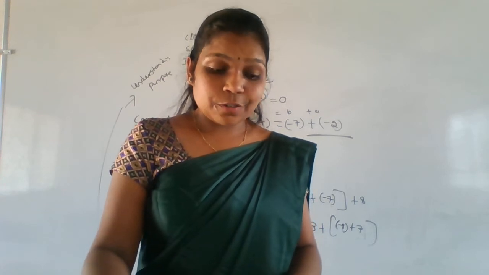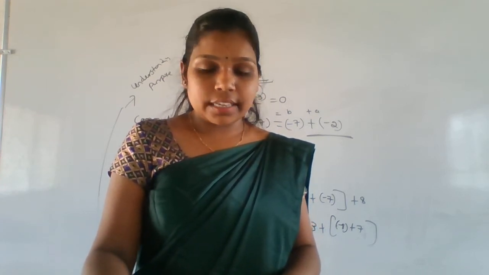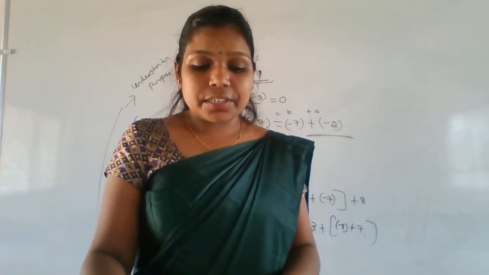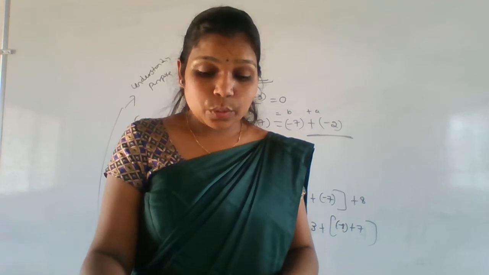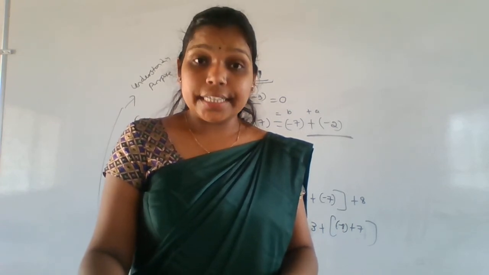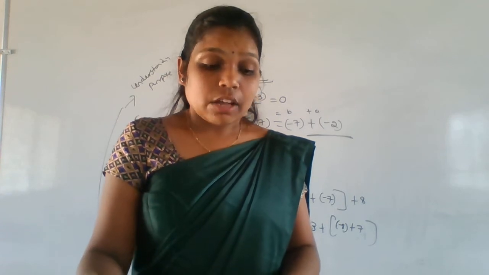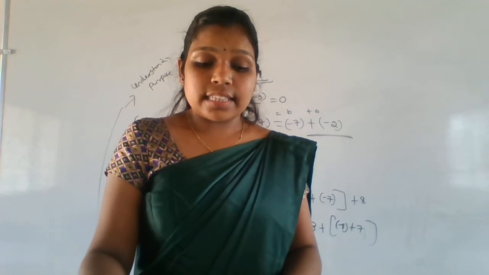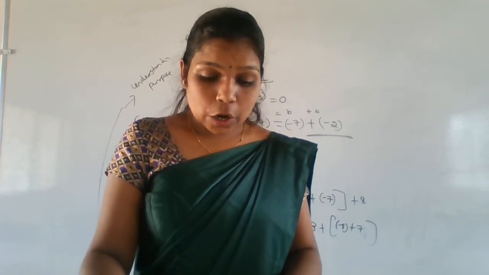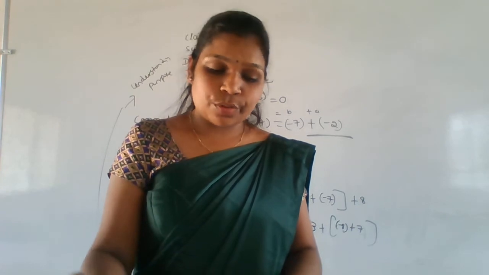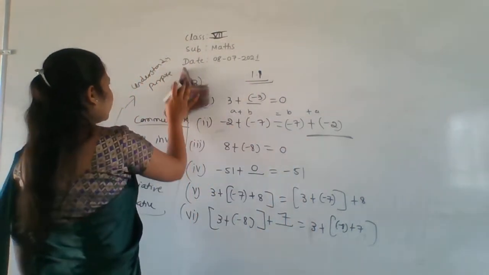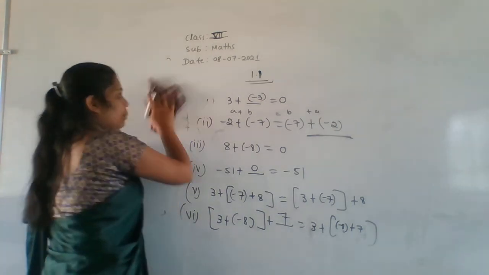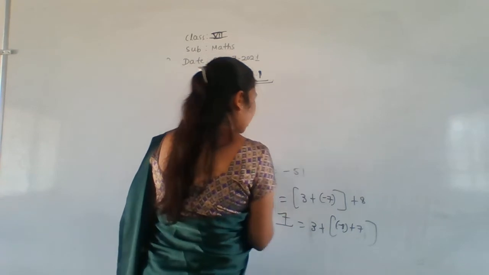Next we'll start with the fourth main. The fourth main is: with the help of a suitable example, show that subtraction is non-commutative and non-associative for integers. Understanding what I am saying here? I told in the last class only, subtraction fails to satisfy these. So now we prove that by taking one example.